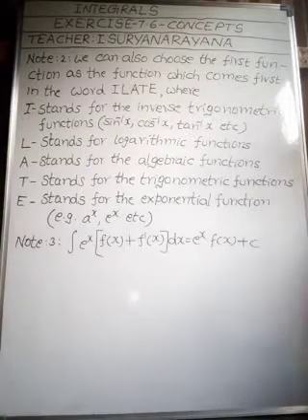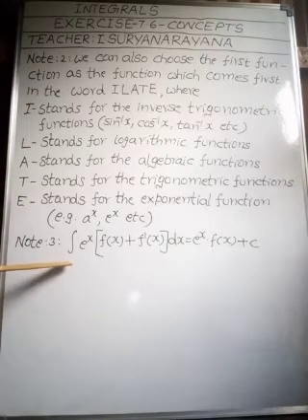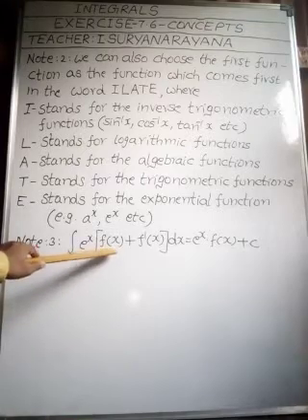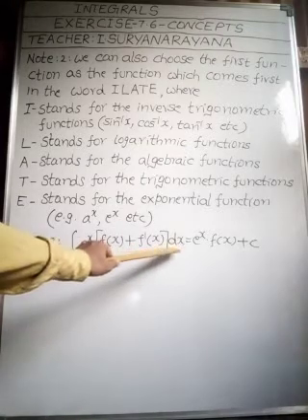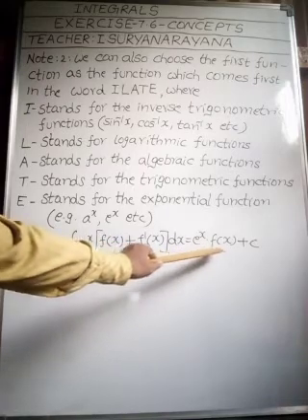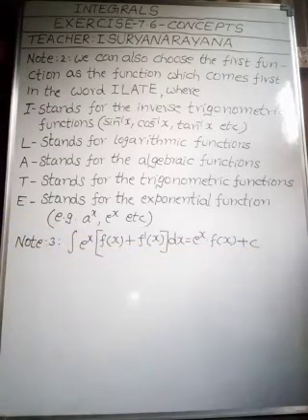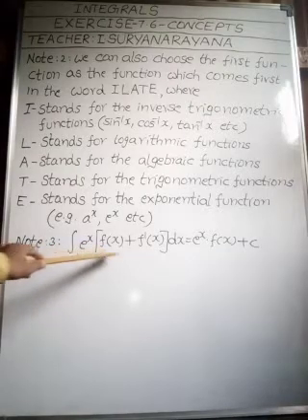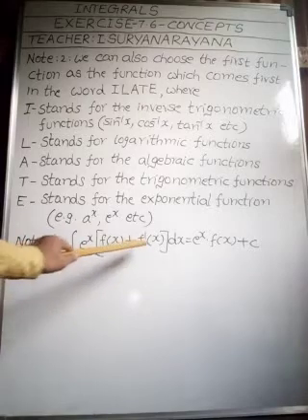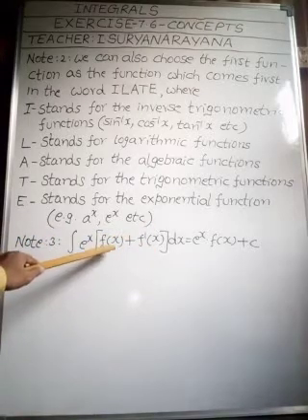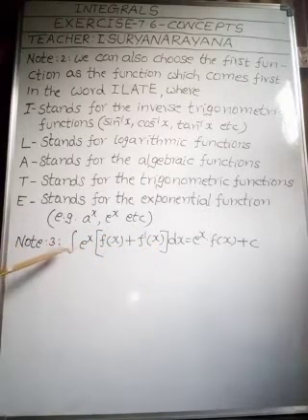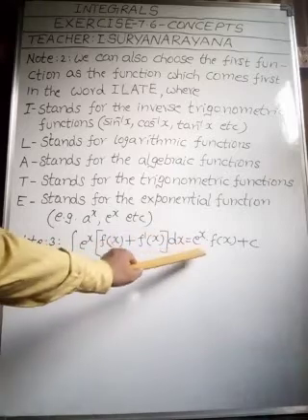Here you have to learn one more integral formula. Integral e power x into f of x plus f dash of x dx is equal to e power x into f of x plus c. It means outside the integral, e power x will be there. In the brackets, one function will be given plus its derivative. Then the integral of this function is equal to e power x